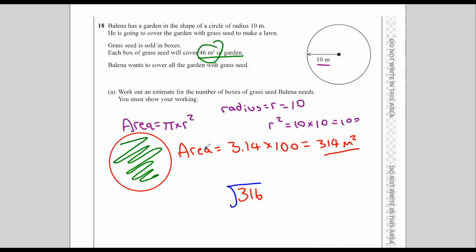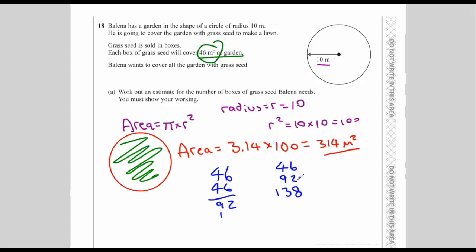There is another way apart from bus stop method that will be quicker here, so I'll show you that instead. Okay, all we do is we keep adding 46 onto itself until we get over this. So 46 add 46 is going to be 92. So it goes 46, 92, add another 46,